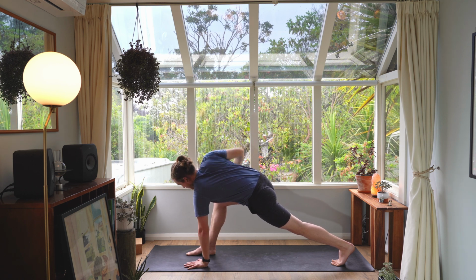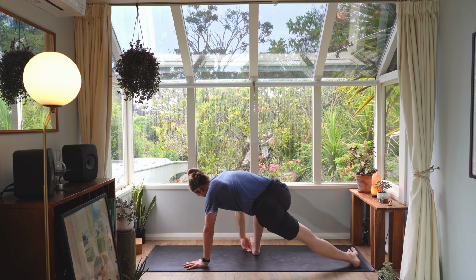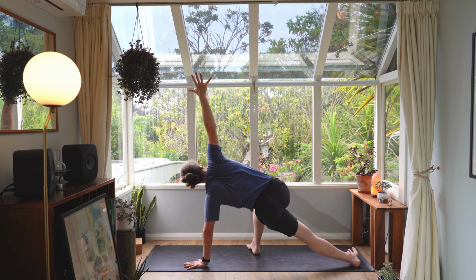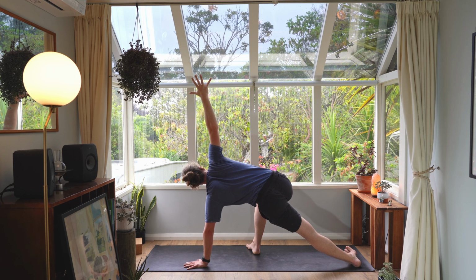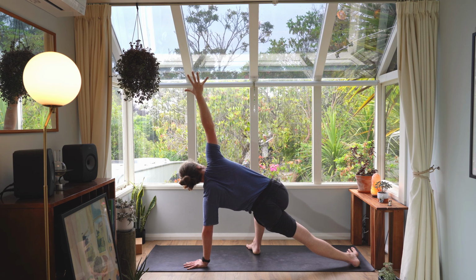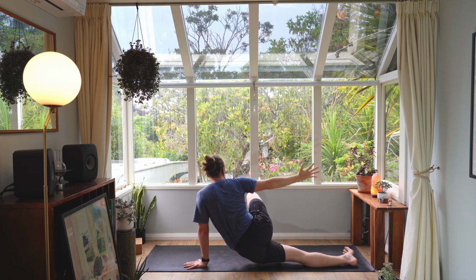And from here, we're going to step that left foot to the halfway point in the mat. Draw both sets of toes to point to the right. Lift that right arm up. 2 more breaths, lift the hips up. And reach up through that right arm. Good, and then bring your right hand out above that left leg, drop your hips down, and just hold here